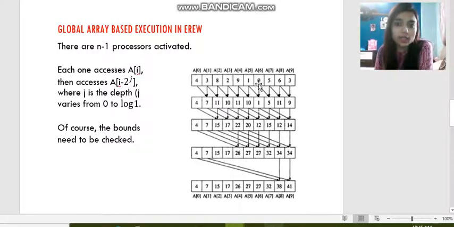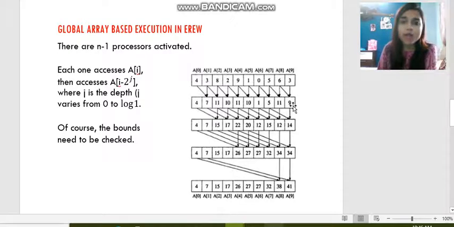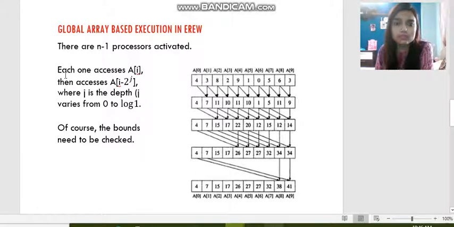Then 1 plus 0 will get added, and we will store the value 1 at A6. Then 0 plus 5 will get added, and we will store the value at A7. At A7 we will store 5. Then 5 plus 6 will get added, and we will store the value at A8, and 6 plus 3 we will add, and we will store the value at A9.